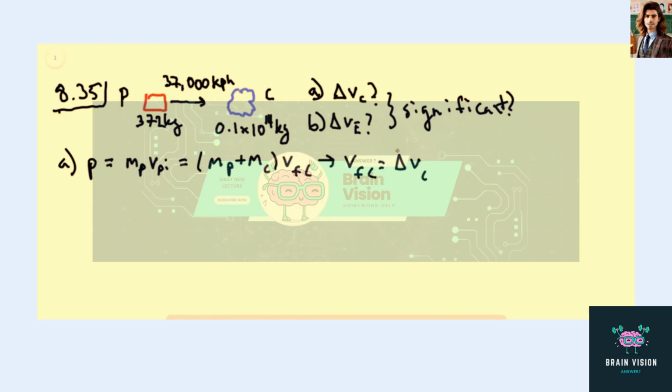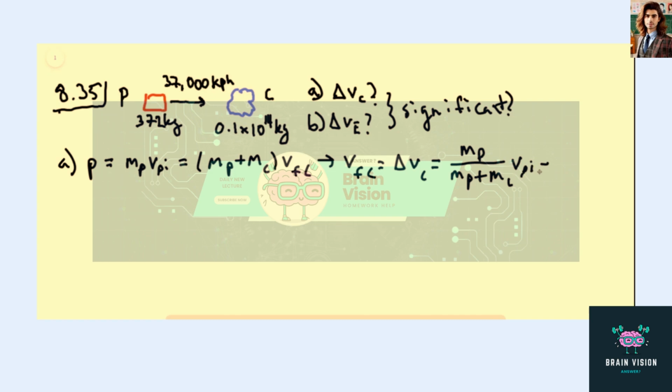And like we just said, because we're considering everything in a reference frame where the comet is at rest, its final speed will be equal to the change in speed. And so this is equal to the ratio of the mass of the probe to the mass of the combined system of probe and comet, times the initial speed